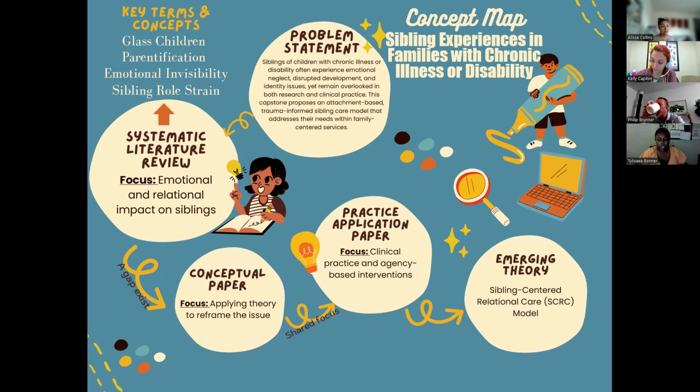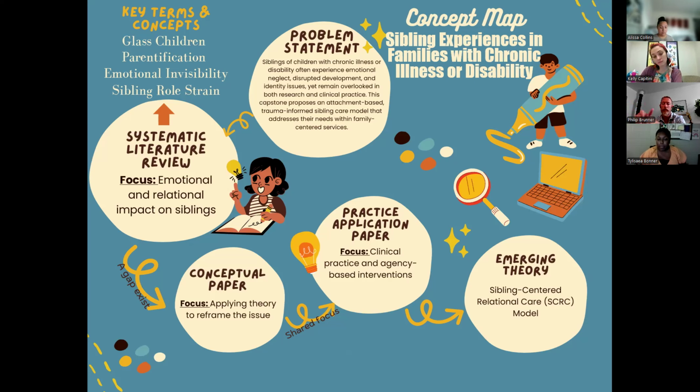Inclusion criteria focused on studies from the year 2000 onward that examined psychosocial outcomes, with an emphasis on qualitative and mixed method research. I excluded studies that solely focused on parental experiences or clinical conditions not directly tied to sibling dynamics. These findings highlight consistent themes: emotional invisibility, protective role taking, guilt, loneliness, and long term relational effects in adulthood. A major gap in the literature is the lack of theory driven interventions that directly address the needs of these siblings within a clinical or therapeutic framework.